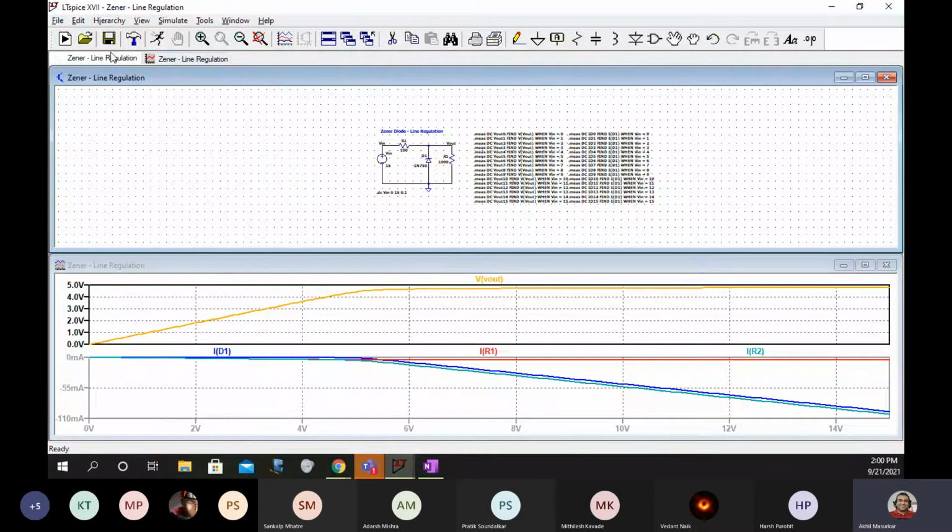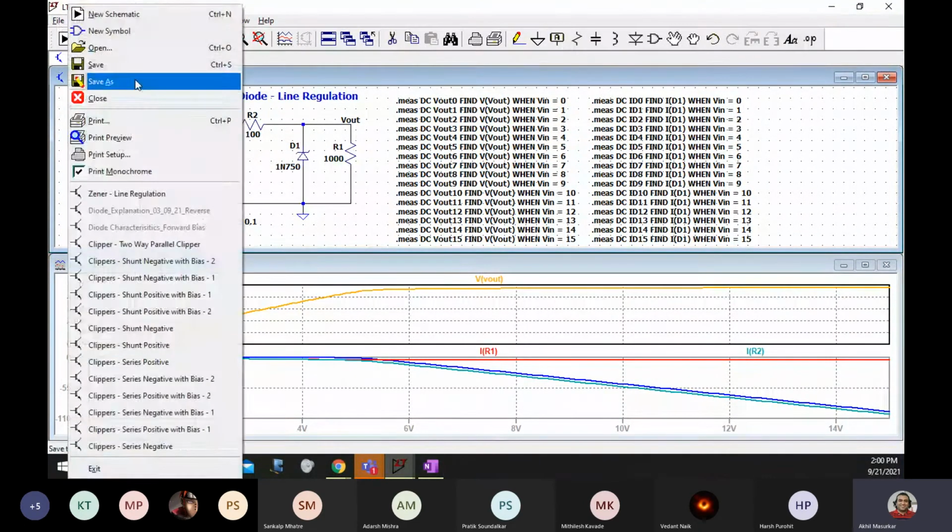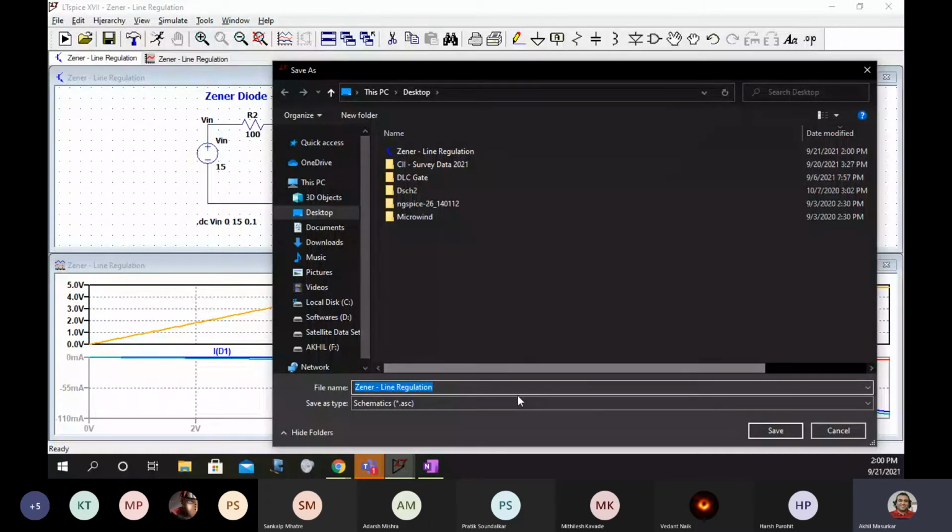Now we want to go for load regulation. Load regulation means now Vin will be fixed. We will not step Vin, but we have to change the value of R1. We have to change the value of the load. So now what I will do is, I will just save this file. File, save as Zener, and instead of line I will write load.